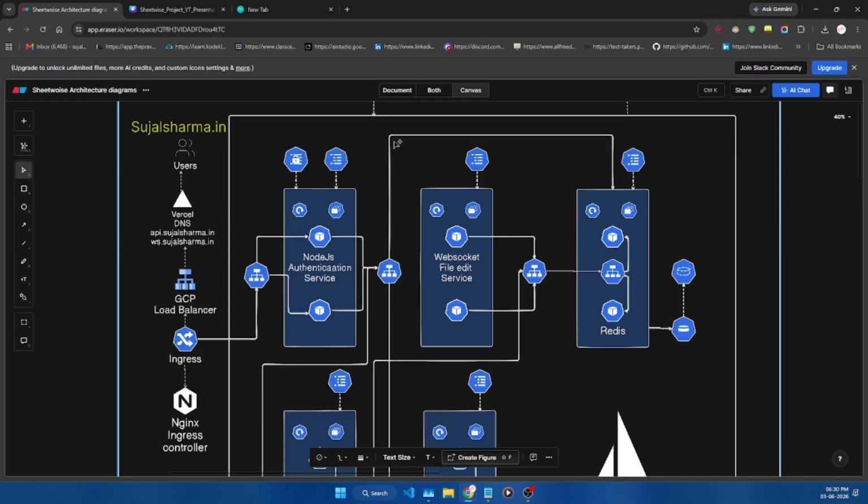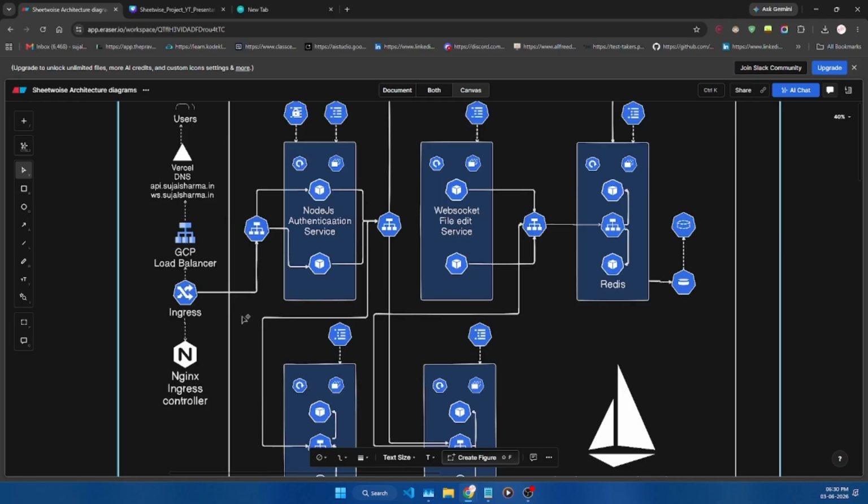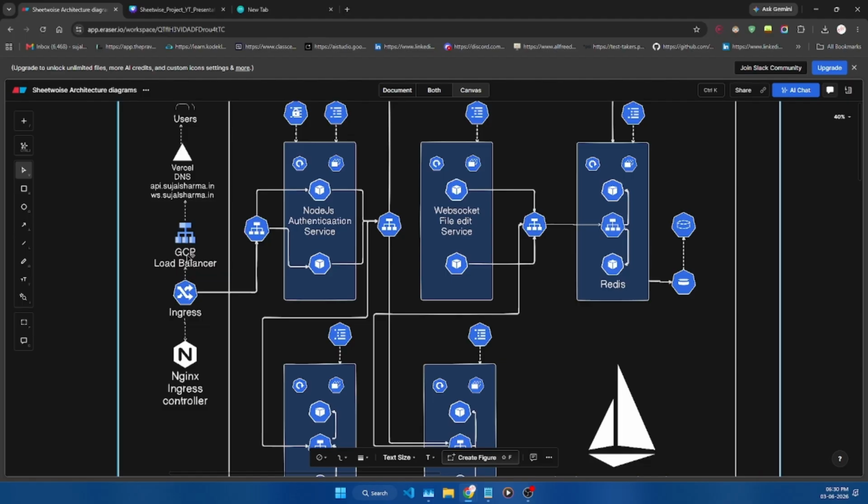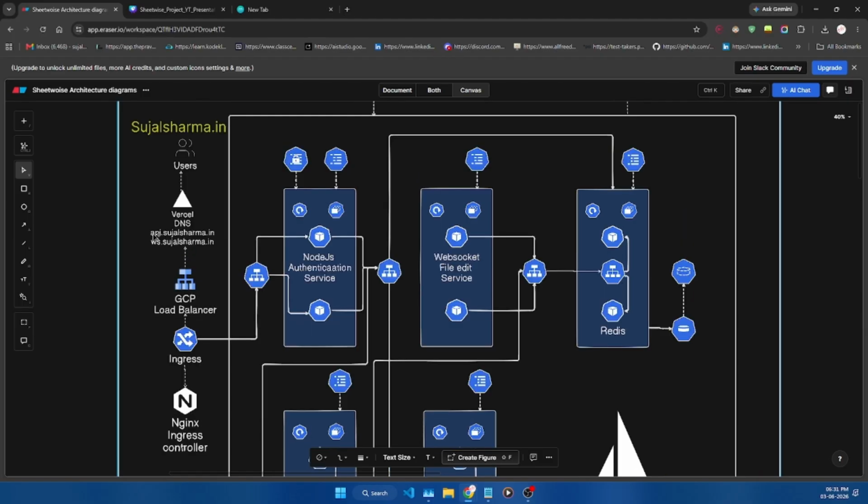Both of them are exposed with the help of Nginx Ingress controller, and I'm using SSL certificates for both of them because Vercel DNS needs an SSL certificate in order to connect with the backend.